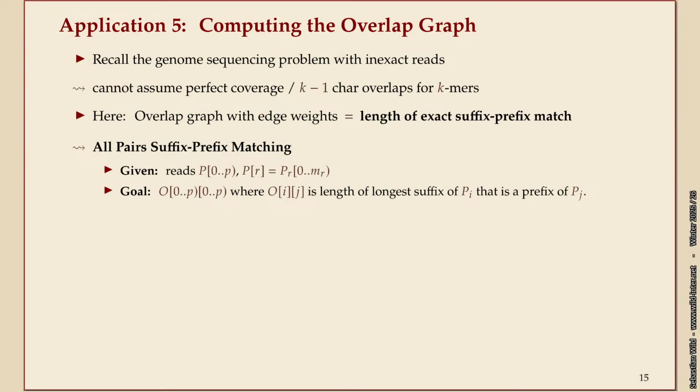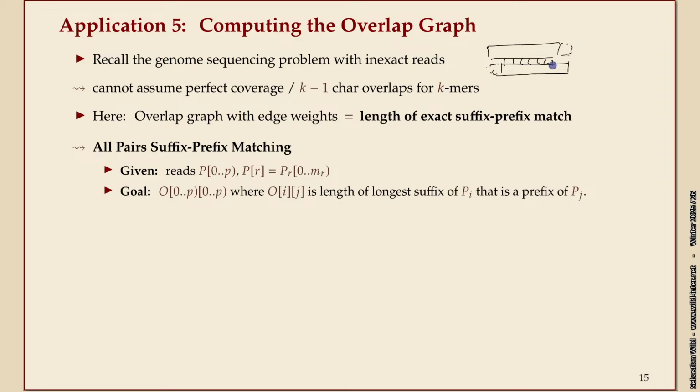As a last example of this kind, we'll revisit a structure that we've seen a while ago, where we were talking about the sequencing problem for genomes, where we want to take all the reads and assemble them into one long string. There we were trying to do it with perfect overlaps so that you have k-mers, all of the same length, and then there's exactly one character that we're missing here and missing here, and these are all in perfect correspondence. That was the setup at the time. If that is the case, then you can use the De Bruijn graph solution we've shown there with Euler cycles, and the whole problem is